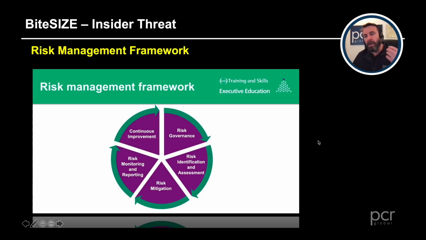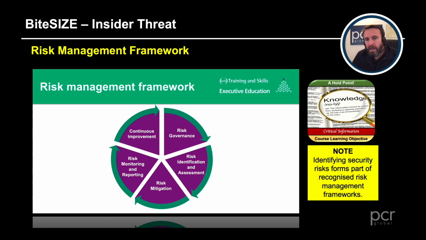So moving on, we're nearly there now. I just mentioned the Corporate Risk Essentials framework, and as we can see, risk governance, just mentioned governance, risk identification, assessment, mitigation, monitoring, continuous improvement. All these frameworks are very similar. Note, identifying security risks forms part of recognized risk management frameworks. Very much like the IOSH one, very much like obviously ISO 31000. Remember, security is one spoke. Health and safety is as well. Often put in a silo, but if we look at enterprise risk management, we are looking at them all.